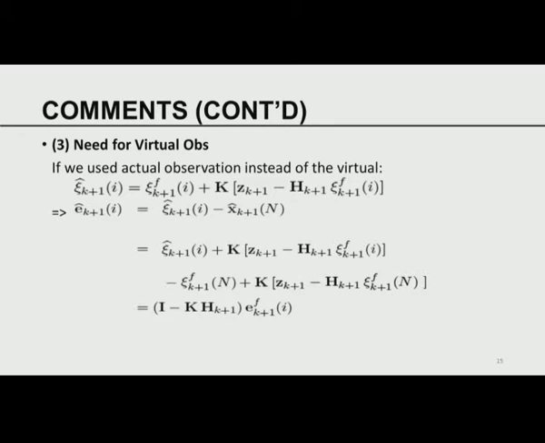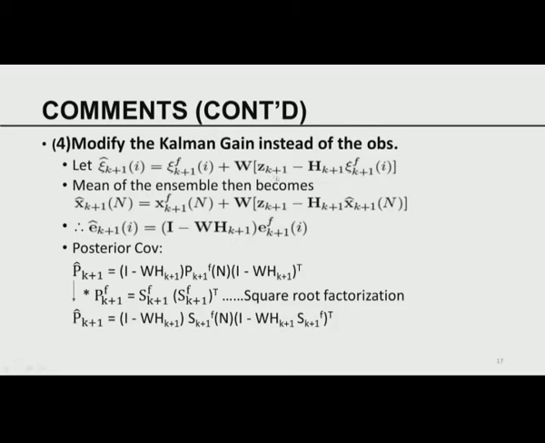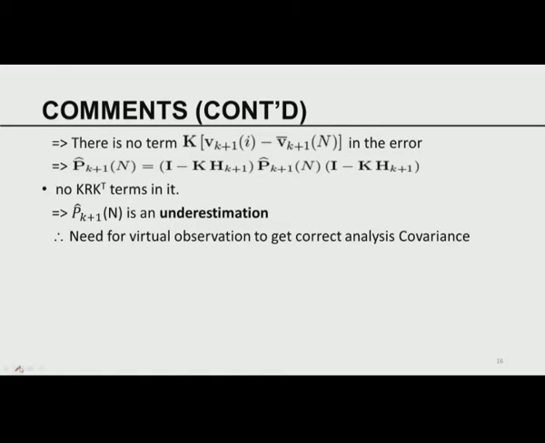And I am also now going to argue why we need virtual observations. I have already alluded to that. If you use the actual observation instead of the virtual observation, you would use only one observation for every ensemble member. If you compute the analysis error, the term for the analysis error becomes this, and the analysis covariance matrix computed using this is given by this expression. We have already discussed all these things in detail in our book, but I would like to tell you that the analysis covariance term is given by this, and it does not have the